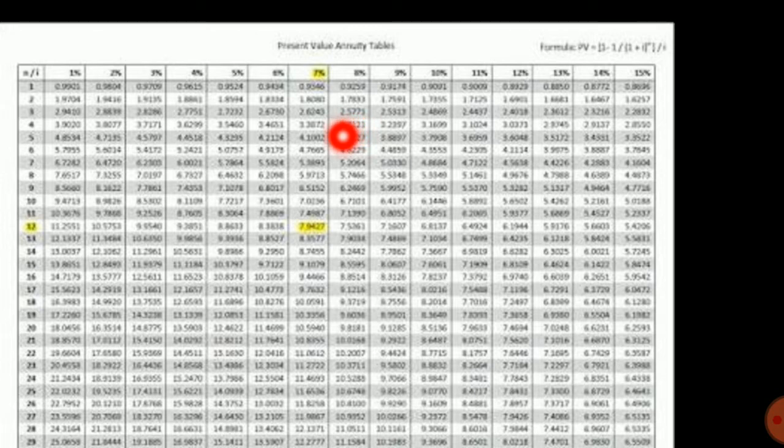So here at 8% it is 2.57, at 9% it is 2.53, and at 10% it is 2.48. So here 2.53 and 2.48, these two values are very close to 2.5, and our PV factor is 2.5. Here 10%, or 2.48, is very near to 2.5. So here we want to select 10%. So 2.48 is under 10%, so we want to select 10% as our first trial rate.